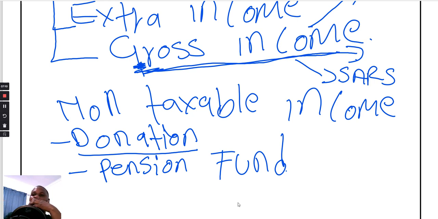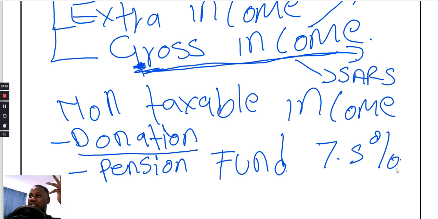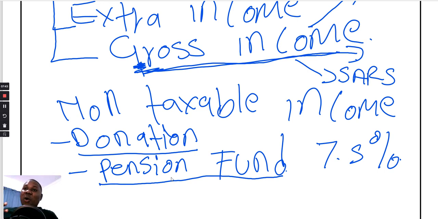Okay, so the pension fund is always, I'm not sure if it can change or what, but it's 7.5% of the gross. Okay, so when you are still working, this portion of the pension fund, it is not taxed. Okay, but remember, we know SARS. Okay, I'm just going to go into the reality, what is happening with the pension fund. Okay, so in reality,